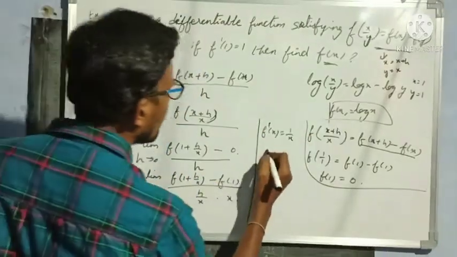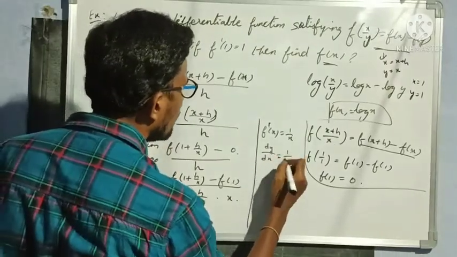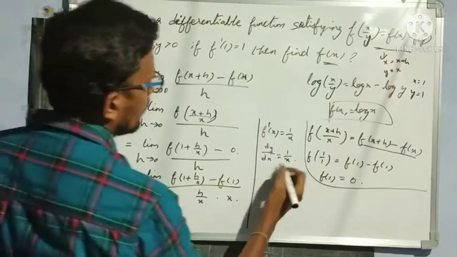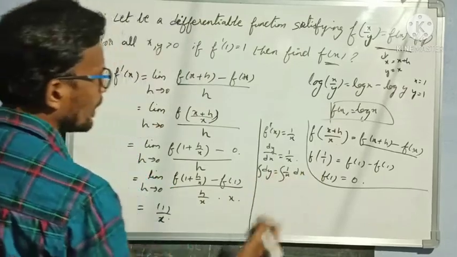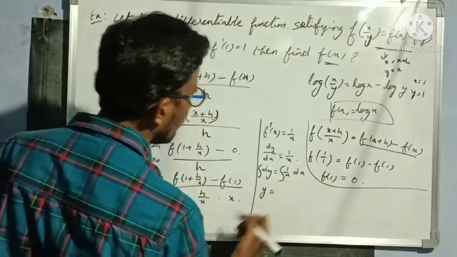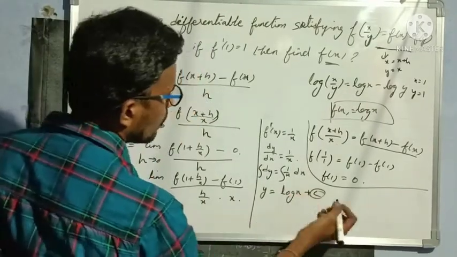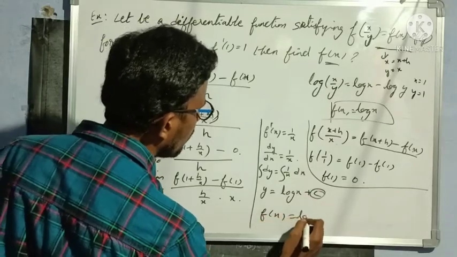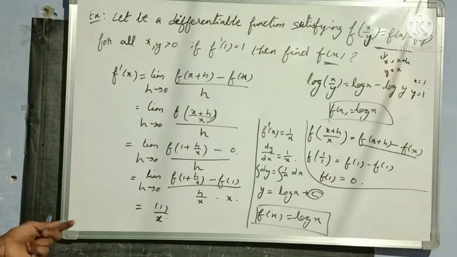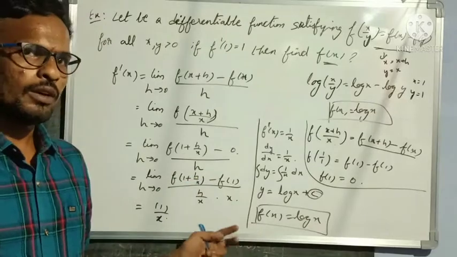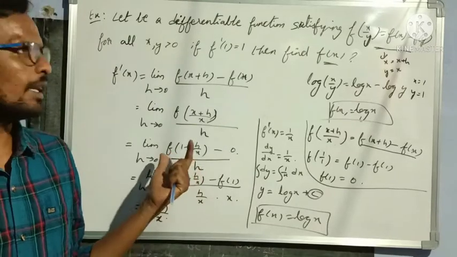Okay. So now I am getting that f dash x value as 1 by x. f dash x is nothing but dy by dx. So dy by dx is equal to 1 by x. Now take dx that side. So dy is equal to 1 by x dx. Integrating on both sides. Integral dy is equal to integral 1 by x dx. So integral dy is nothing but y is equal to integral 1 by x is nothing but log x plus c. Here c is a constant, so no need. y is nothing but f of x. So f of x is equal to log x. Like this we can prove. Understood? Clear? So this is our concept about examples of first principles and functional equations.